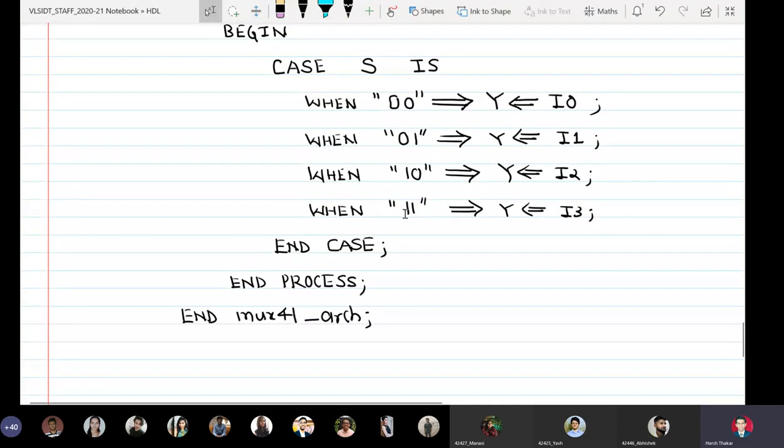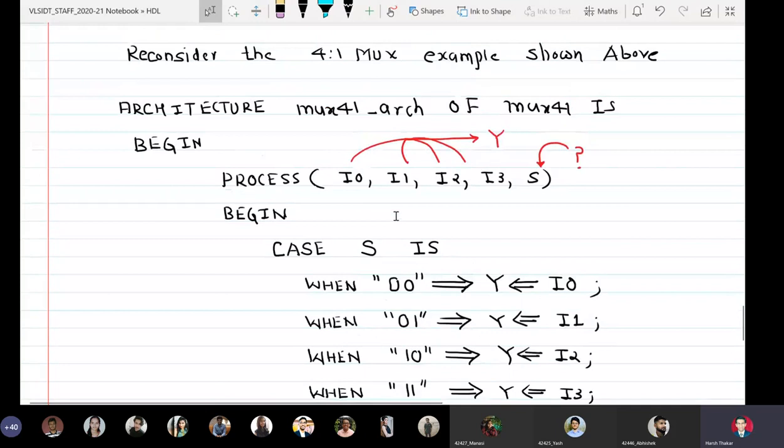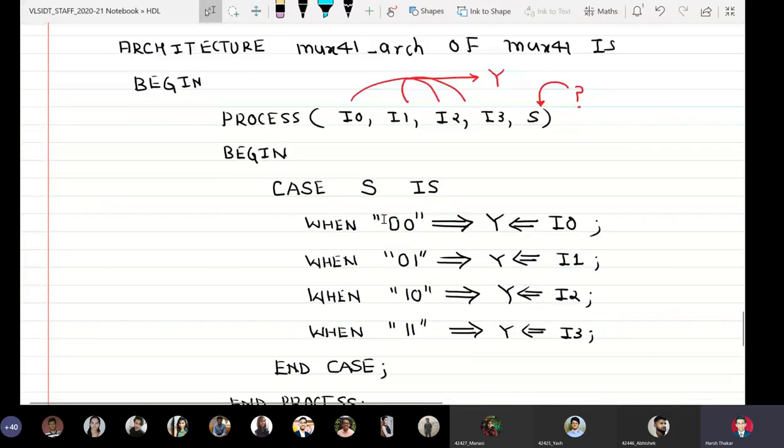Okay, so I'll read out the whole construct for you. Architecture name of entity name is, architectures begin, process, sensitivity list, and then begin. And because depending upon the value of S, one of these four inputs I0 to I3 will be steered or sent to the output, this logic is expressed using the case construct like this.